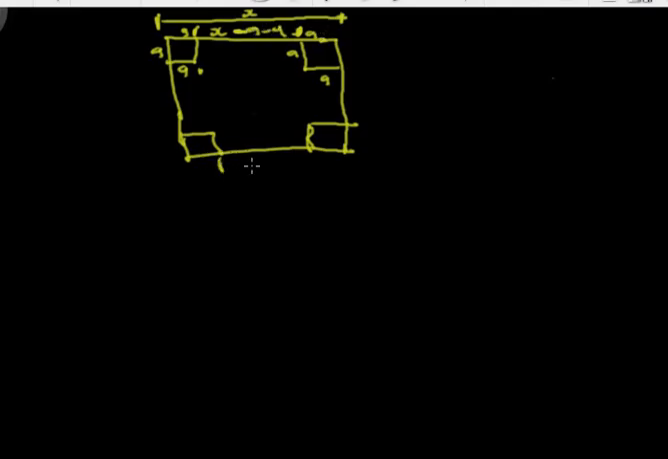So I'll write it here. This distance is equal to x minus 18. So this is the distance from here to there, x minus 18. So now you can then visualize your box. So the box is given as the box